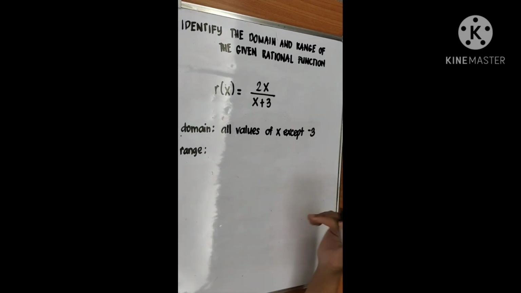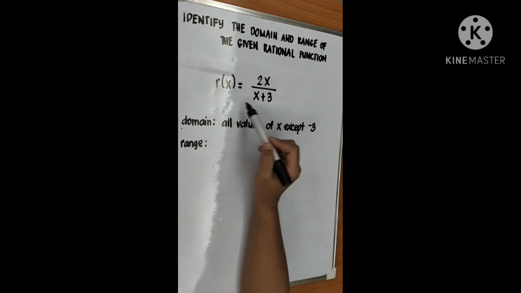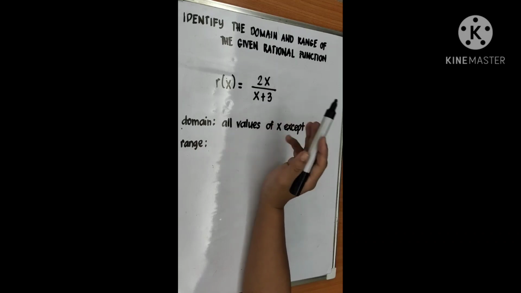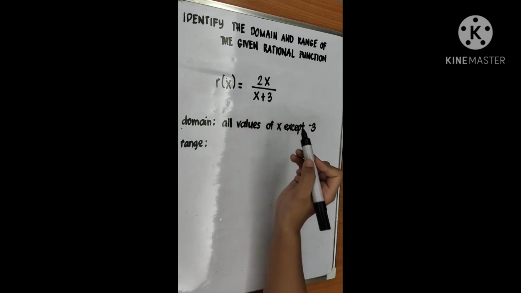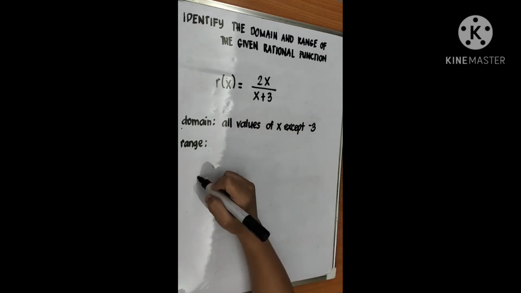Now, to solve for the range, we will try to solve the inverse of this rational function, and we will get its domain to be the range of our original function r of x. So to do that,